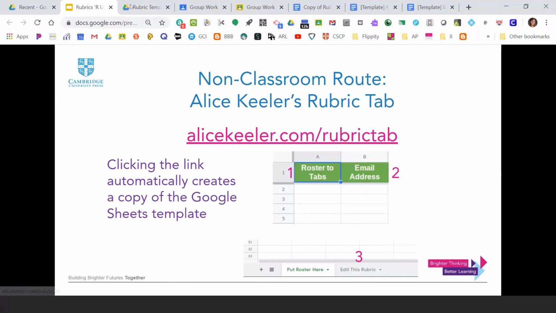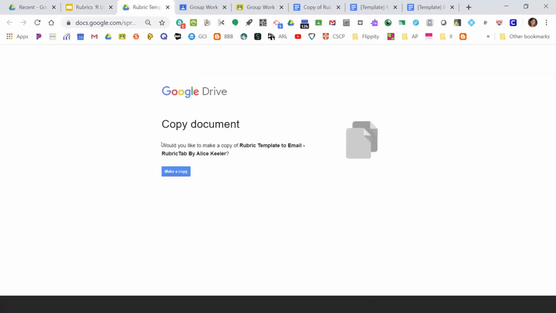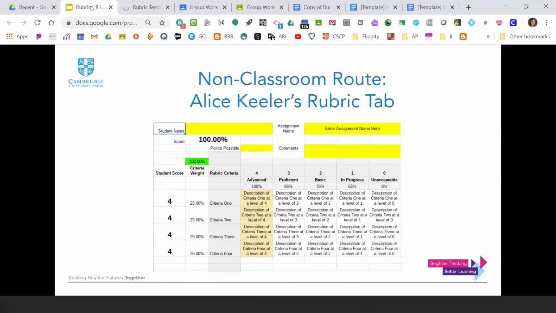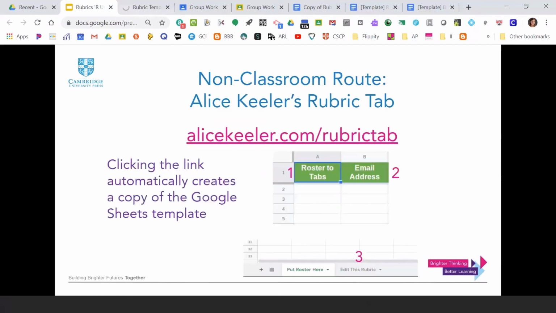If you were to click on it too, you're going to get to the same prompt: do you want to copy it? The correct answer is yes. You want to make a copy of it. You want to be able to use it. Now, I have screen capped in the presentation itself to give you an idea of what it looks like when you first get to it,